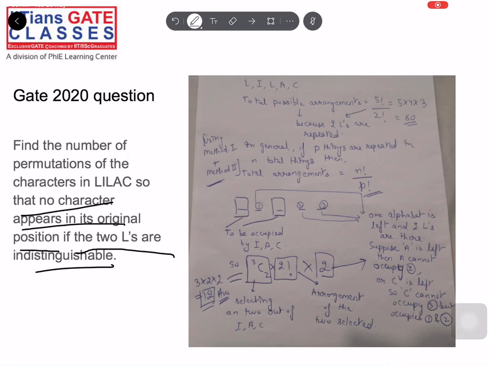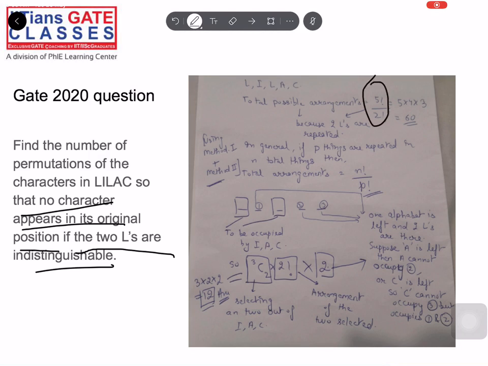Okay, so what I'll do is I have the word LILAC, right? So since I have these five letters, I need to find what are the total arrangements possible using all the letters, right? So if we choose method 1 in this, so basically I will not select anything because I have 5 letters and I need a 5 letter word only. That means 5C5. Okay, that is your selection. And then you have to find all the possible arrangements.